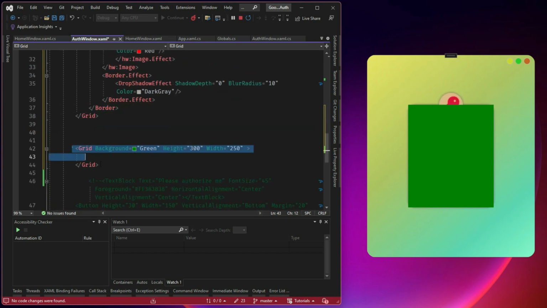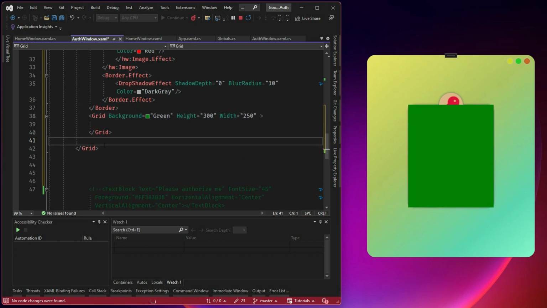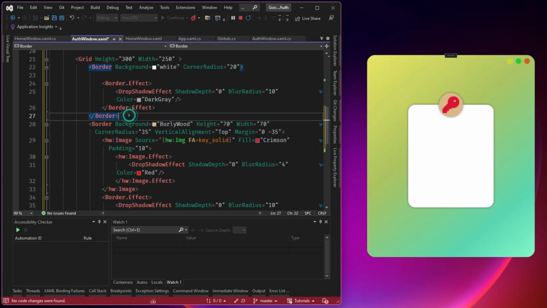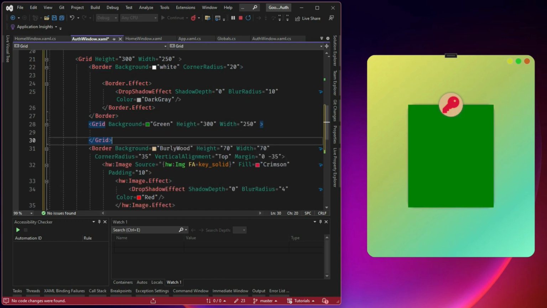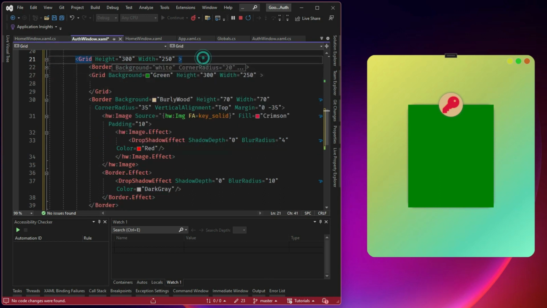This third border, the green, will also go inside our border. Now this one will go between these two borders. So everything is inside a grid, and the grid is already horizontal and vertical center. We have a height, and we have one element which is